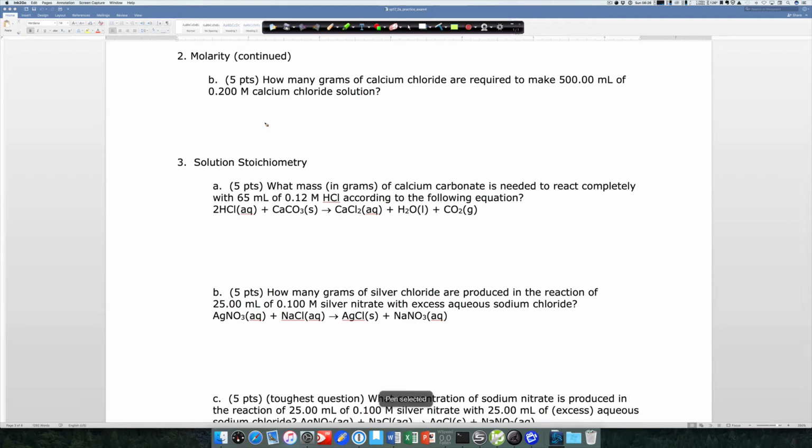Here we go with page 3. So this is a molarity question again. This is the other common type of molarity question. How many grams of calcium chloride this time are required to make 500 milliliters of a 0.2 molar calcium chloride